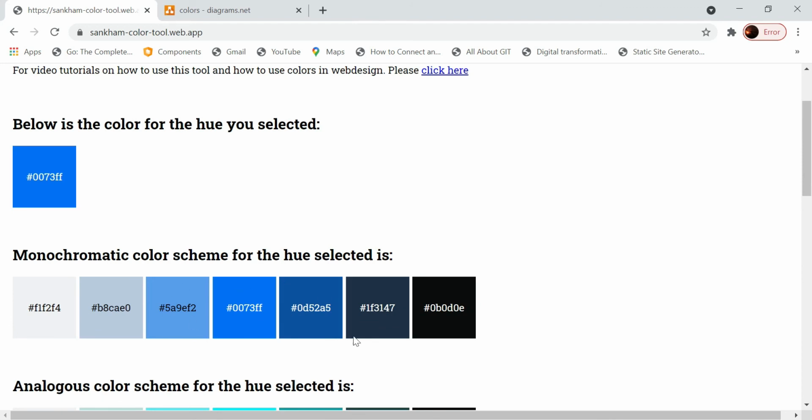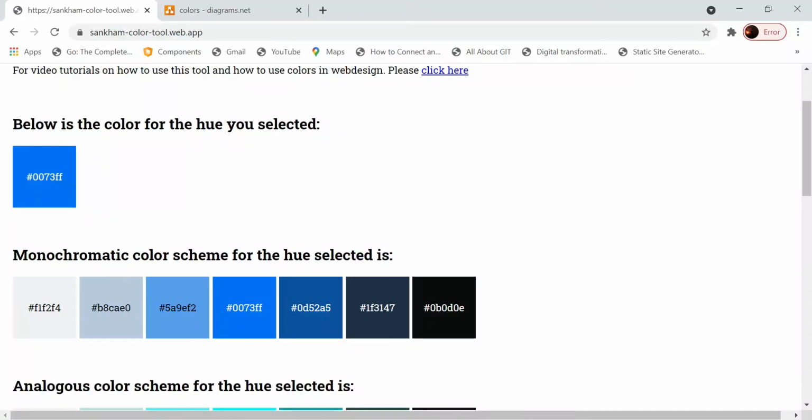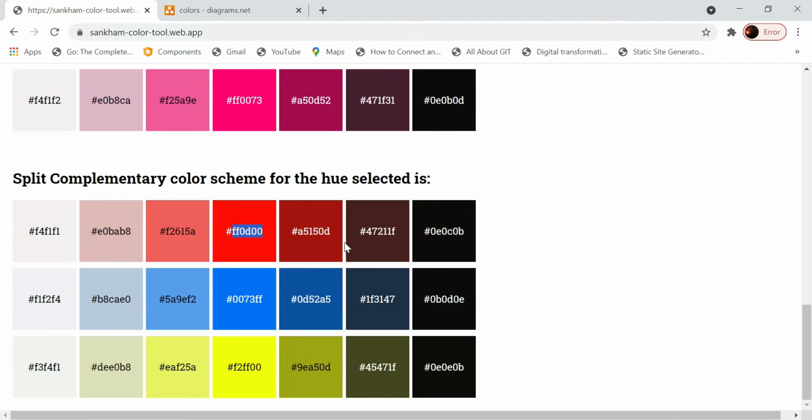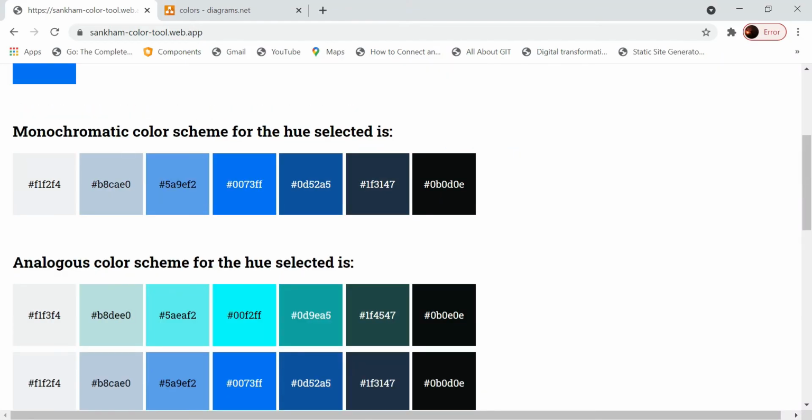So I'll show you how to use these monochromatic colors also now. You can very easily use these colors or any of these color schemes. Let us suppose you have used this color combination for your hero section, and for your content block you want to use only a single color, which is your primary color. Then how do you want to do that?